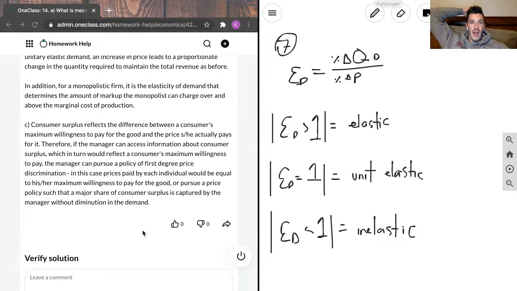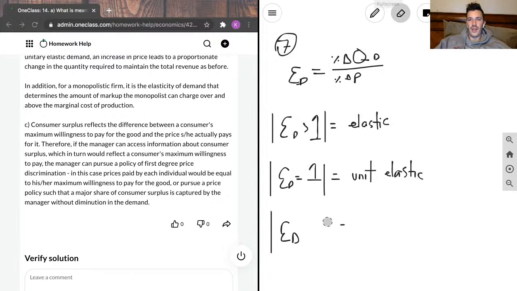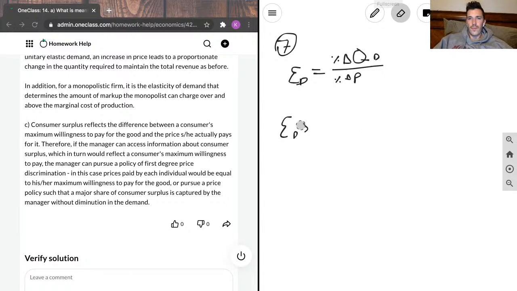In this case, prices paid by each individual will be equal to his or her maximum willingness to pay for the good. Pursue a price policy such that a major share of consumer surplus is captured by the manager with a diminution in demand. So if I draw really quickly